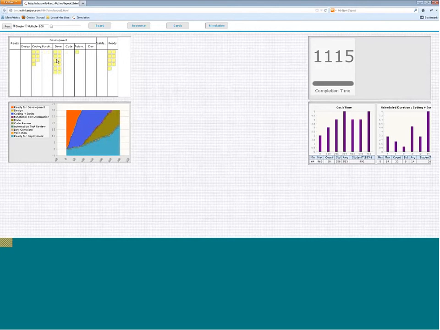They do not have the time to be able to pull faster. So while I was able to eliminate the constraint from the functional test automation lane, the fact that coding review and test automation review were still a constraint made this work pile up in this done lane, which is the green lane here, as you can see.